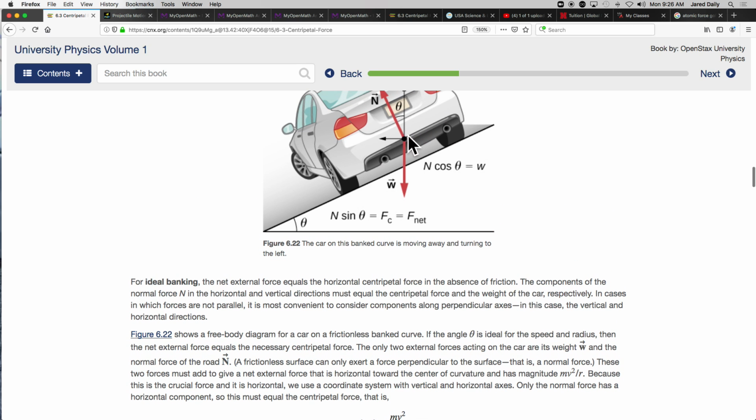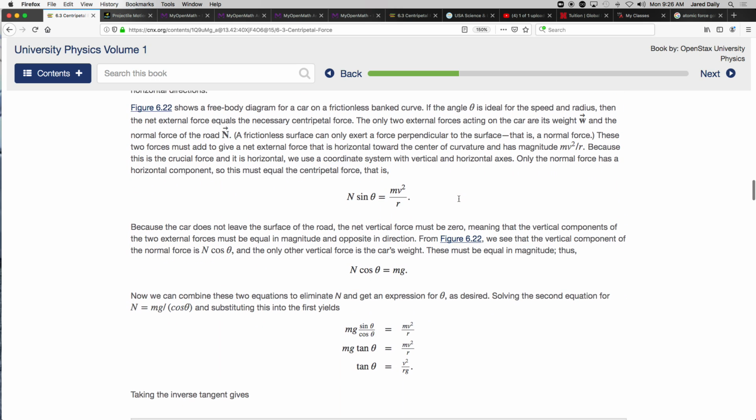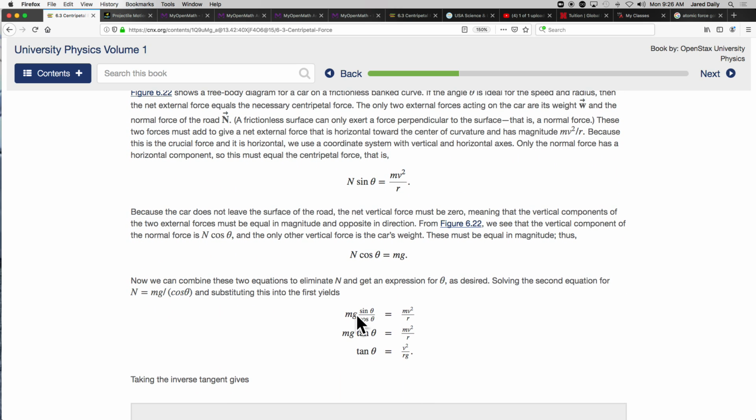So that's the weight in the parallel or perpendicular direction, essentially. So they end up putting, in place of n, n cosine theta. They did this a little bit funny, but that's fine. Either way, what they did is a little bit different. They solved n cosine theta equals mg, and then solved this for n, and then plugged it in here. I did it the other way, but either way, what happens is you replace this n with mg over cosine theta, or however you want to do it, and you get